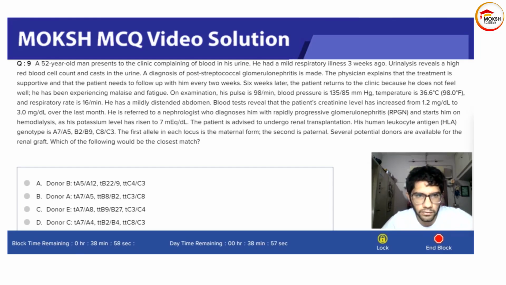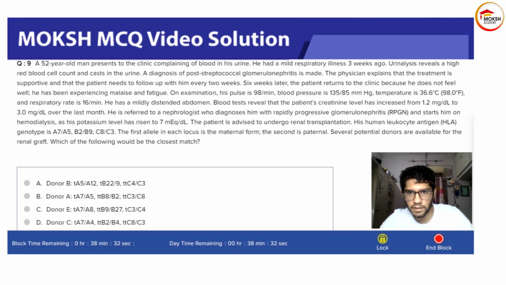A 52-year-old man presents to the clinic complaining of blood in his urine. He had a mild respiratory illness 3 weeks ago. Urine analysis reveals a high red blood cell count and casts in the urine. A diagnosis of post-streptococcal glomerulonephritis is made. The physician explains that the treatment is supportive and that the patient needs to follow up with him every 2